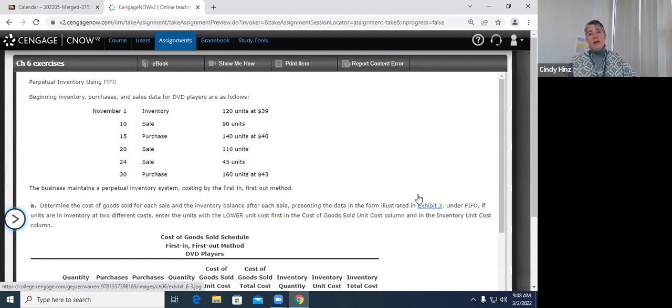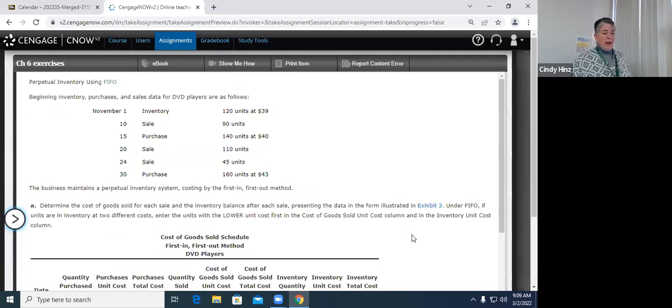And you'll also get a real feel for why companies prior to the advent of computers and the affordable nature of where the Scantron systems are now, you'll understand why companies like the Dollar Tree that I know I talked about last week, why they did not use a perpetual system until fairly recently. They used a periodic inventory system and they just rang up, oh, you bought 10 things at $1, that's $10 or $10 plus tax. Okay, so